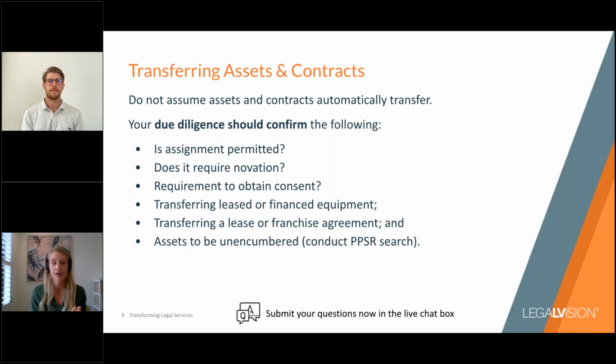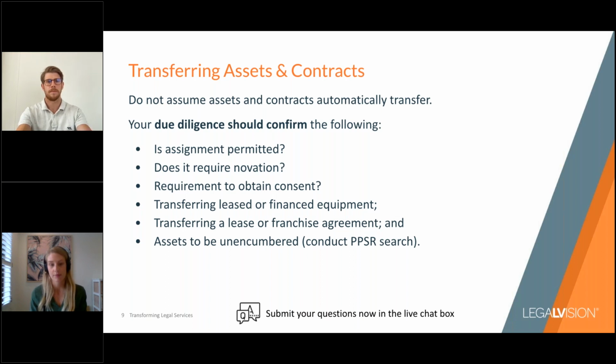So you actually have the seller, the buyer, and the counterparty signing up to a deed of novation where you all agree that the contract's going to transfer and the buyer's going to take it forward. So we don't recommend that you do those for every contract at all. That can often be overkill. A lot of contracts that businesses have are just really standard form. All you need to do is notify that the business has changed hands and you're good to go. But for the really, really key ones, we do recommend that that's put in place. And that's always a good way of starting the process of getting that counterparty consent as well, as part of getting the deed of novation signed.